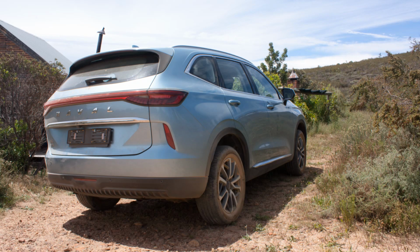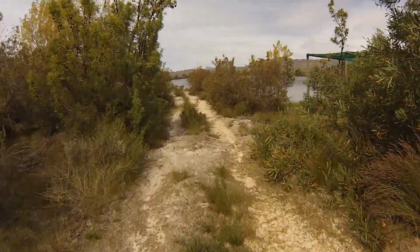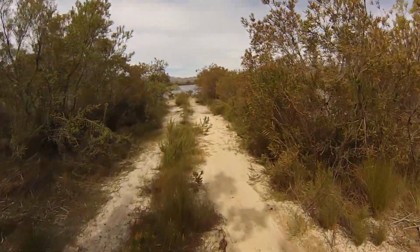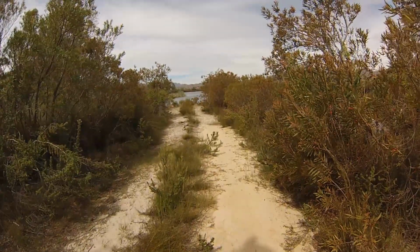You could put a set of all-terrain tires on here and do some grade 2 off-roading, no problem whatsoever. So all in all, the new Haval H9,